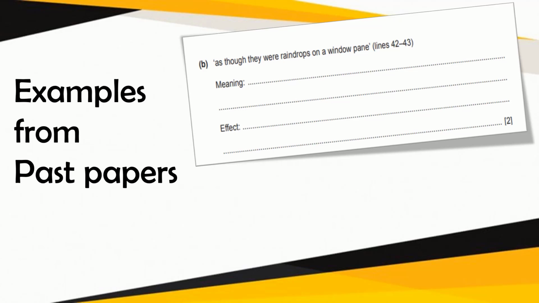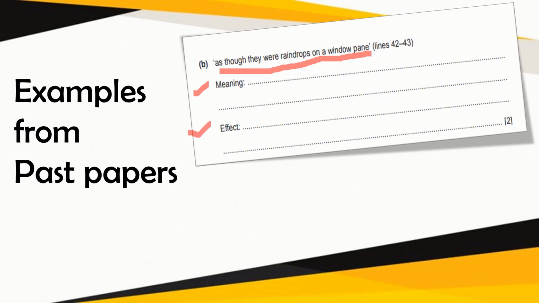So this is about a passage where a lady is really worried about her young child, and she is weeping, and her tears are streaming on her cheeks. So she explains as though they were raindrops on a window pane. Look at this beautiful description. The way raindrops flow on a window pane, similarly, her tears were flowing continuously. So actually, you have to give the meaning of this particular